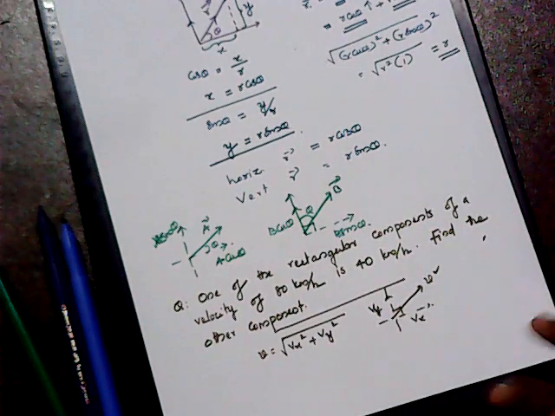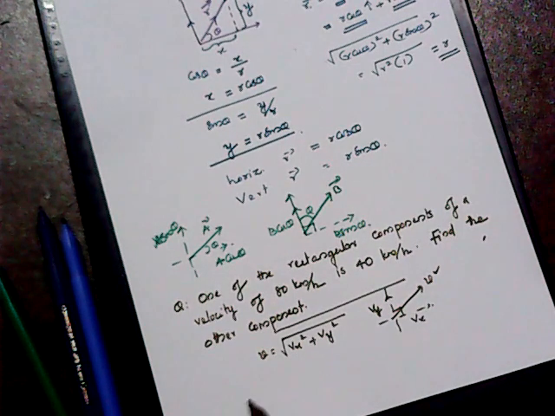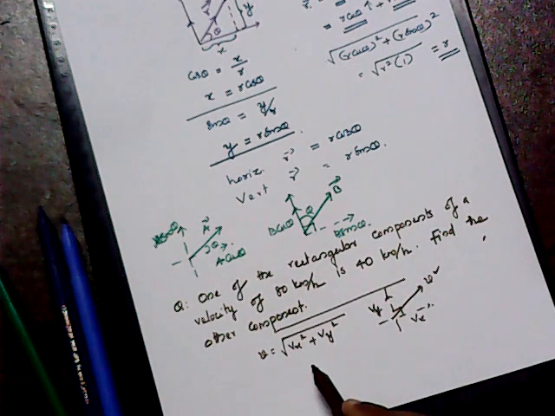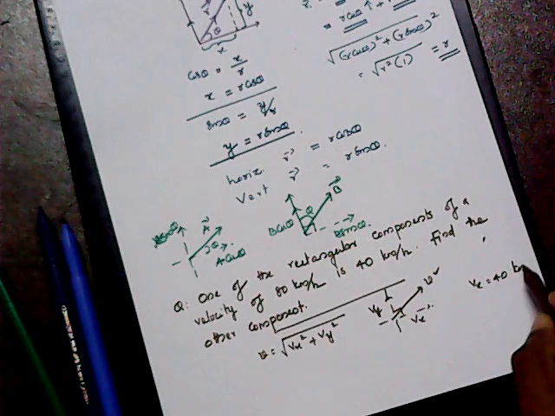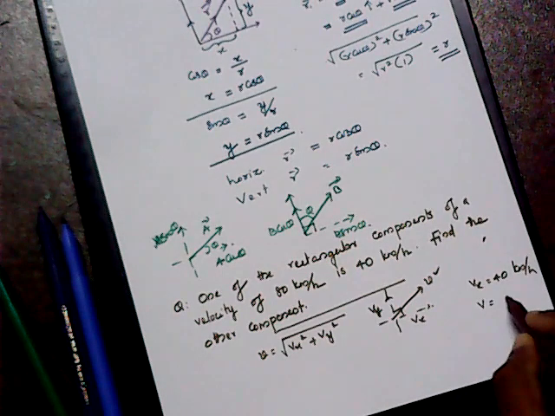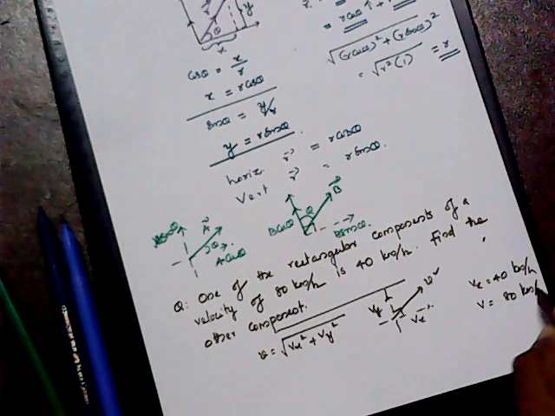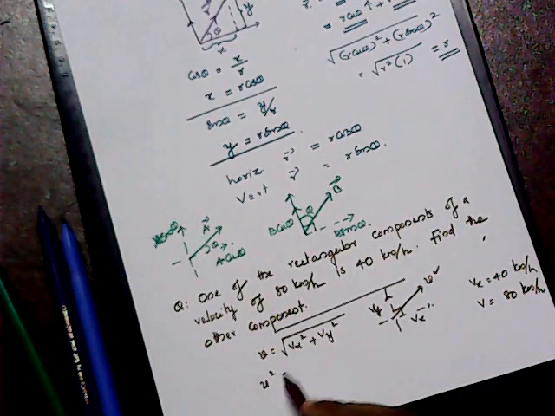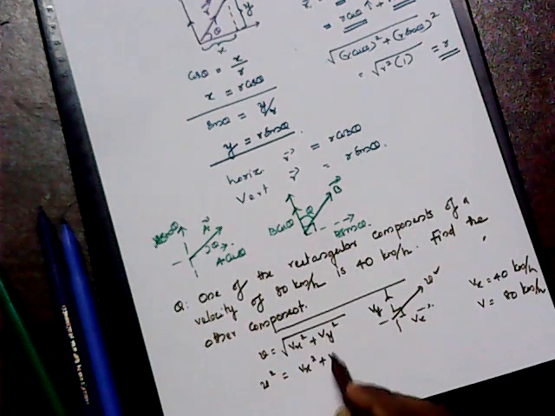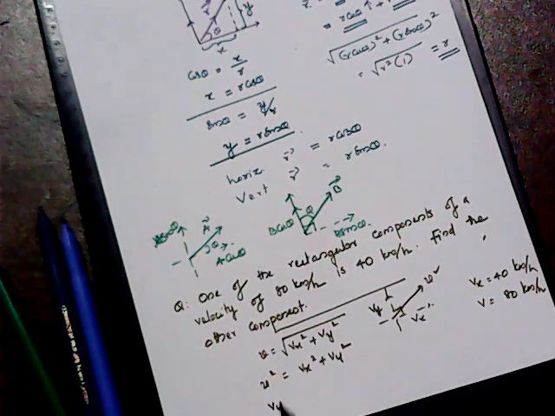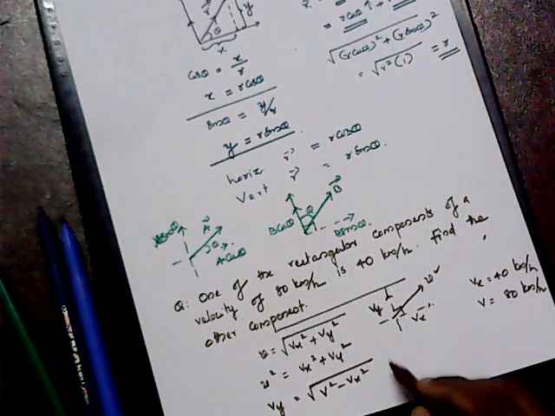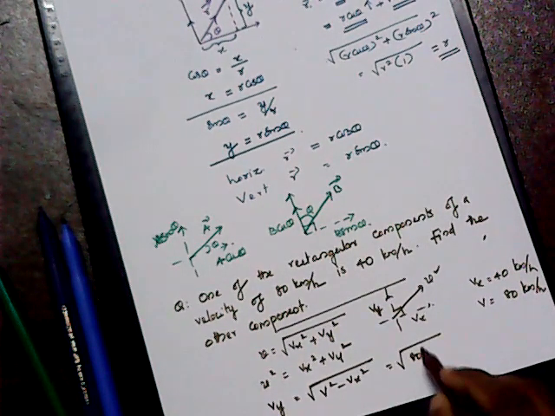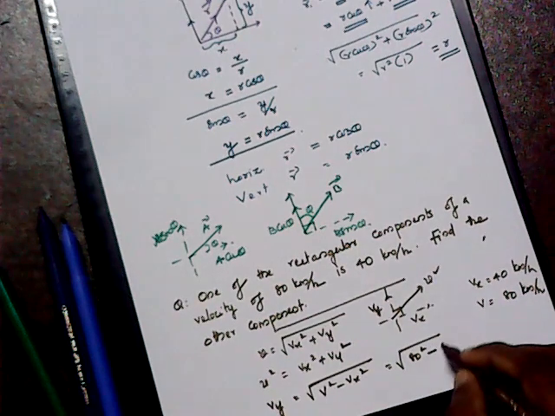But cos 90 becomes 0. So we get the value root of Vx square plus Vy square. See, if we take the Vx value as 40 kilometer per hour and the resultant value as 80 kilometer per hour, then you just substitute in V square equals Vx square plus Vy square. And our aim is to find Vy. It becomes the root of V square minus Vx square, that is equal to root of 80 square minus 40 square.